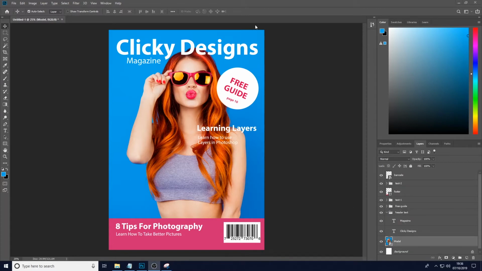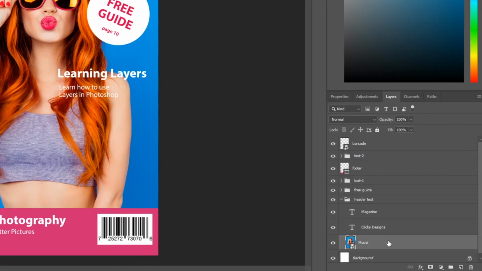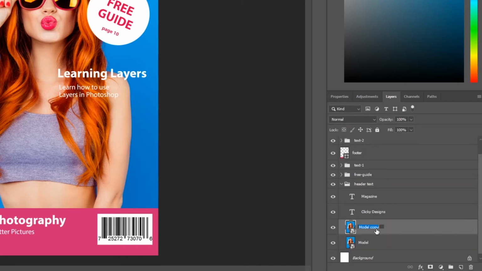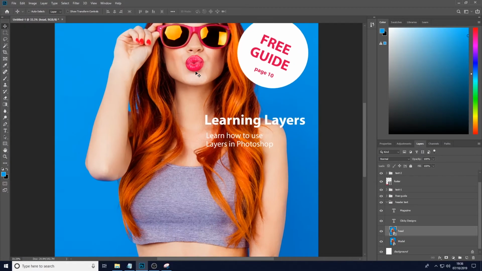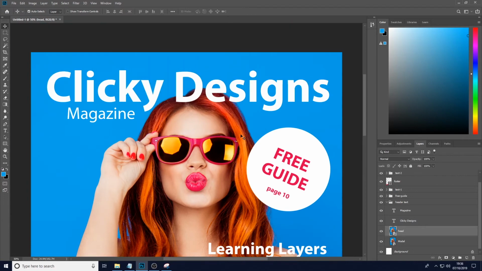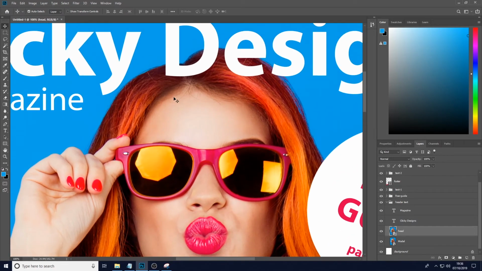The last thing we need to do is move this text behind this image. We've got 2 layers to play with here, so what we'll do is we'll select the model layer, we'll hit Ctrl J to create a duplicate, and let's name this head. Now what we're going to do is we're going to copy part of her head and bring it forward. So let's zoom in first so we can get a bit closer. Now we only really need to take this part here and separate it, so let's make sure the head layer